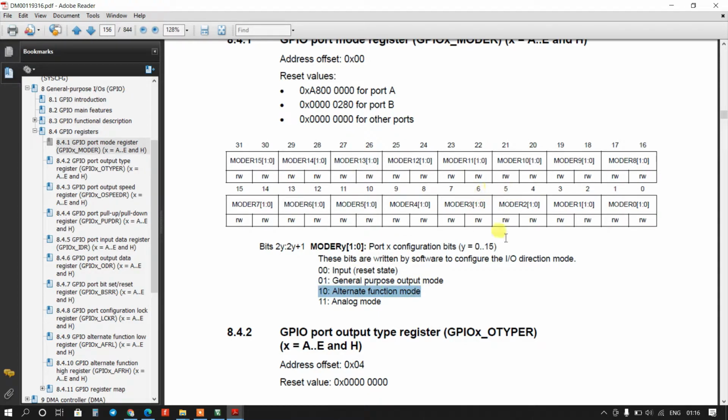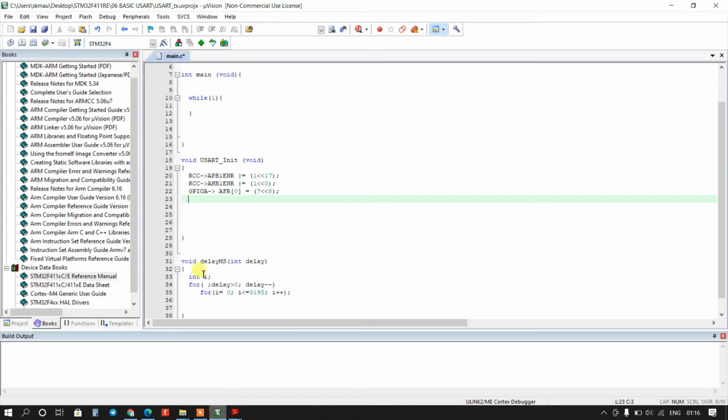So the fifth bit will be 1 and the remaining bits will be 0. So we have to type here GPIOA mode register and 1 left shifted by 5.